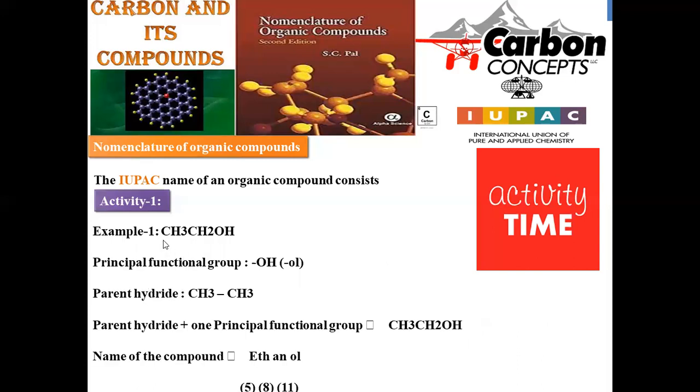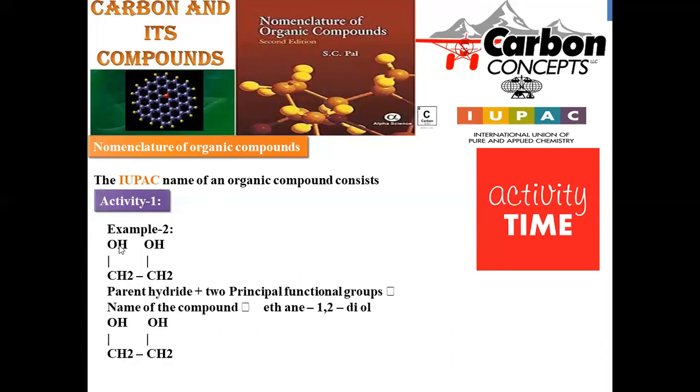Next is the example provided, CH3CH2OH. CH3CH2OH is the simplest example. How many carbons are residing in this compound? Only 2. So the parental chain is of 2 carbons, so eth is the root word. And OH is the functional group. For OH, what do we have to assign? Ol. In accordance with IUPAC, ol is the suffix over here. Then eth-ol. So this will become ethanol. So eth is the parental chain, that is the root word, and ol is the suffix. So the compound name will become ethanol.